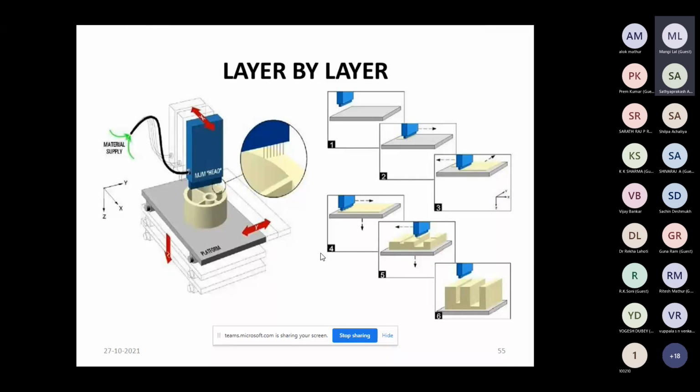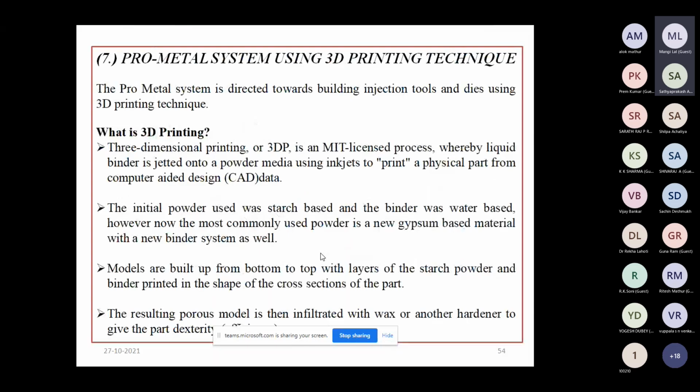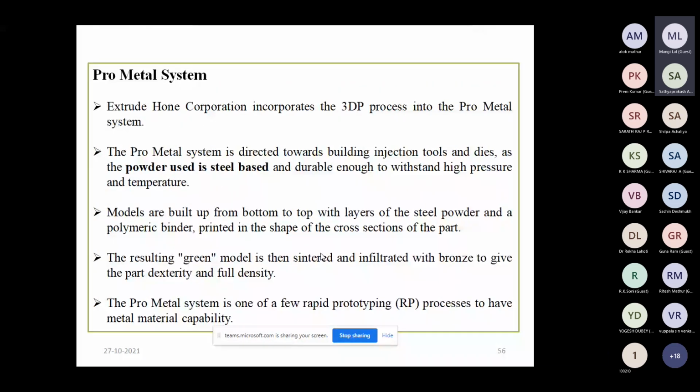Now, how we can use this 3D printing in combination with the ProMetal system. So in the ProMetal system, this Extrude Hone Corporation incorporates this 3D printing process into the ProMetal system.